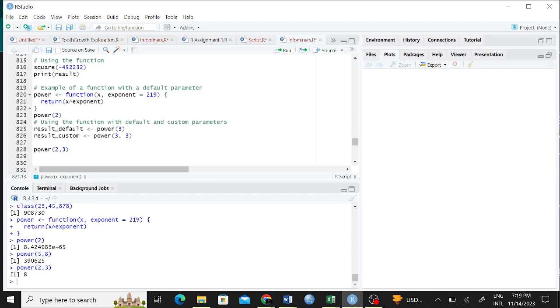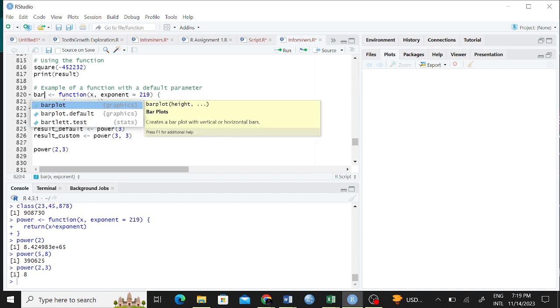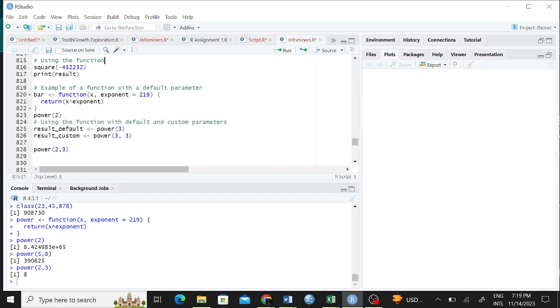So what you're saying is we are creating a function calling it power. Let me say we call it bar, raise the bar high, or maybe set the standards. You're setting the standards high.